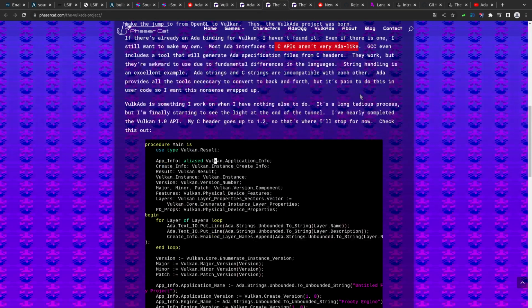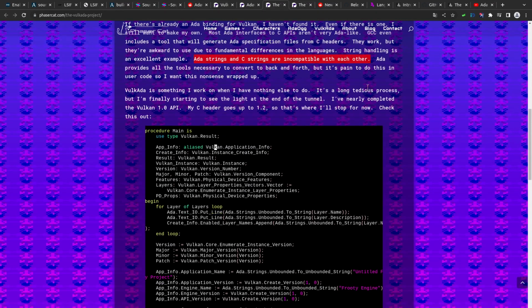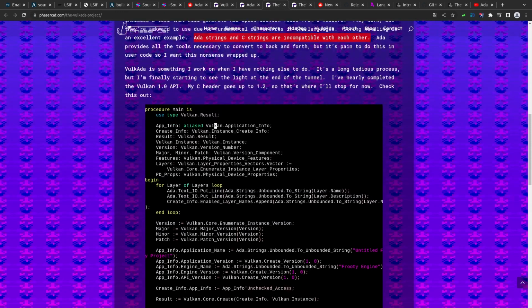Most Ada interfaces to C APIs are not very Ada-like, and the creator wanted to remove the inconveniences of the Vulkan C API and provide a much more Ada-like interface. This included string handling, where Ada strings and C strings are incompatible. The creator found it a pain to convert them back and forth in user code, and so wanted to wrap